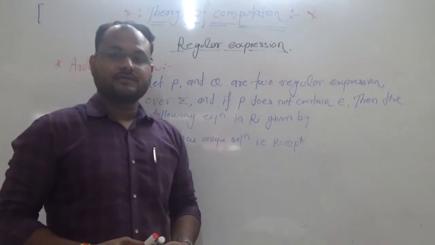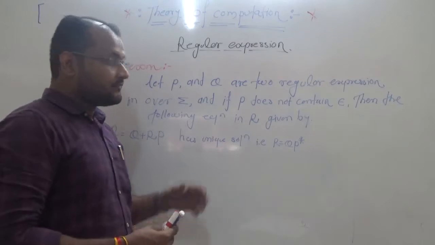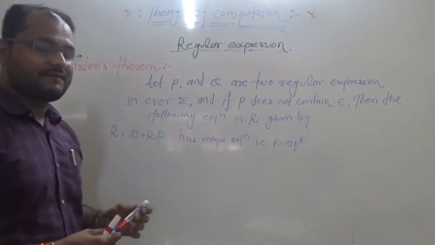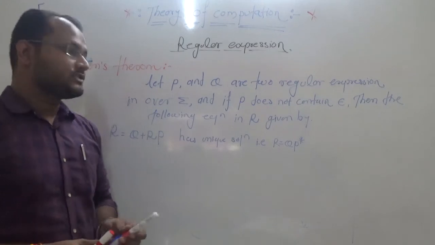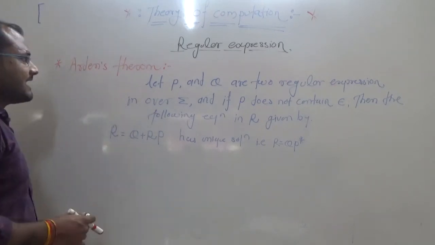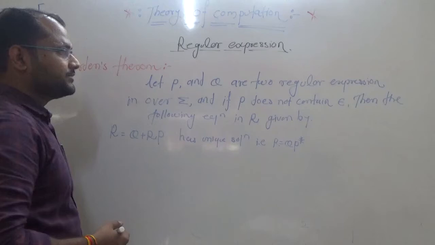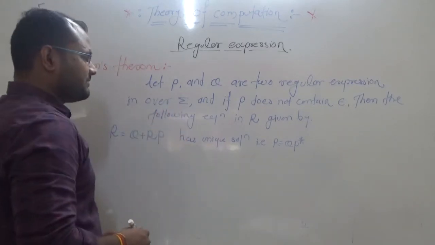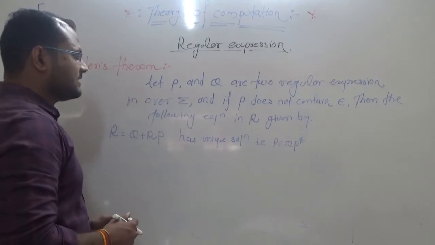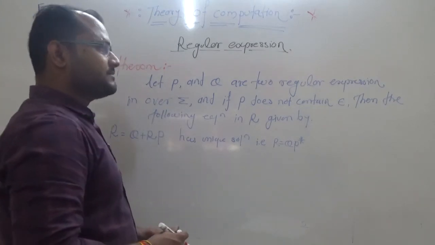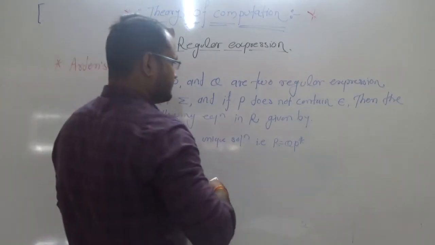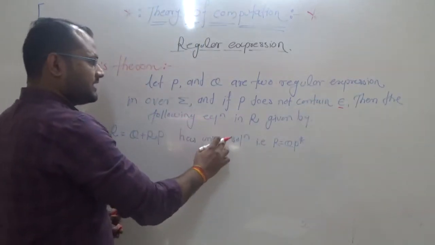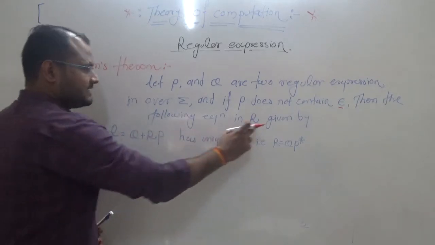Whenever we convert a finite automaton to a regular expression, there is one theorem available, which is called Arden's theorem. Arden's theorem says that let P and Q be two regular expressions over the input symbols. If P does not contain epsilon, then the following equation in R is given by: